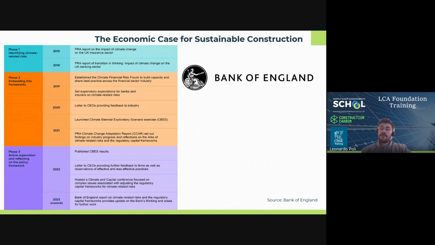When the IFRS Foundation announced the establishment of a Sustainability Standards Board in November 2020, the bank publicly supported the proposal and recommended that future global sustainability standards should build on the TCFD framework and recommendations to promote global consistency. The bank continues to actively engage with the ISSB to support their work on climate disclosure.